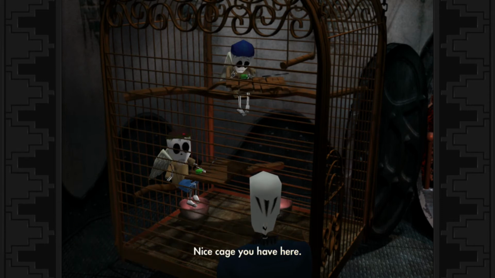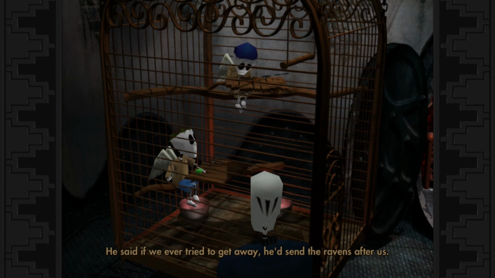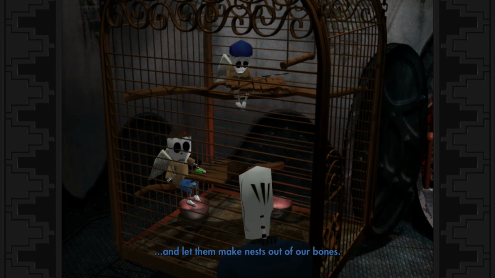Nice cage you have here. Mr. Hurley grew demon ravens with human heads in here. He said if we ever tried to get away, he'd send the ravens after us and let them make nests out of our...